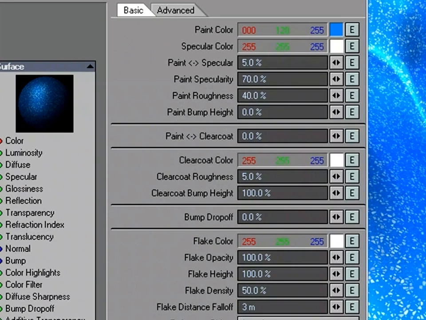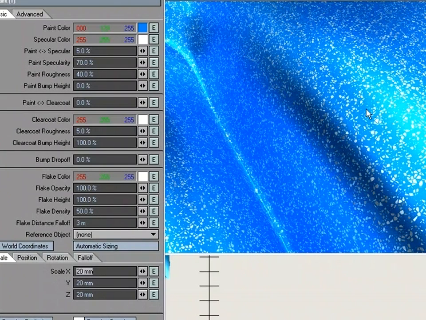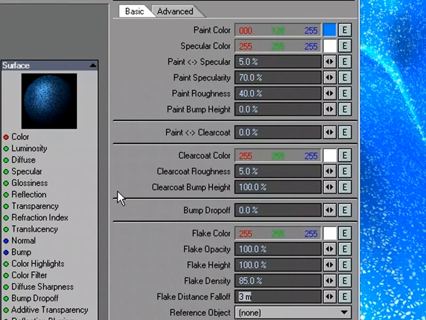Now right now you can see there's gaps in the metallic little flakes here. I can increase the flake density. It's set at 50% now. I'm actually going to leave it at 50%, but just so you know what this is all about, if you wanted to, you could say, well, I want it to be at 85%, and you can see in this little display here that it starts to fill in all those areas, and I think that's a